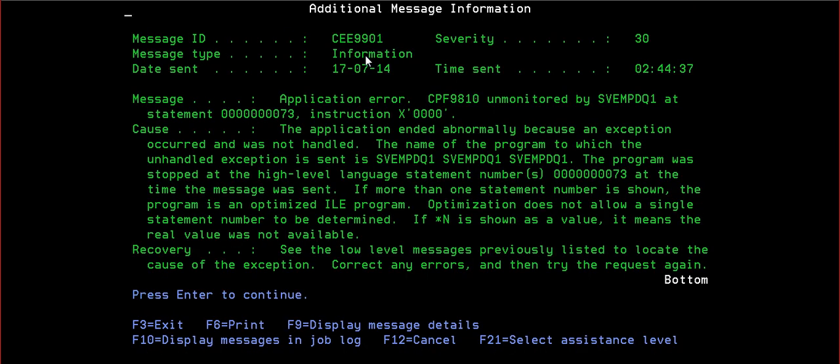The application ended because an exception occurred. The name of the program to which the unhandled exception was sent.